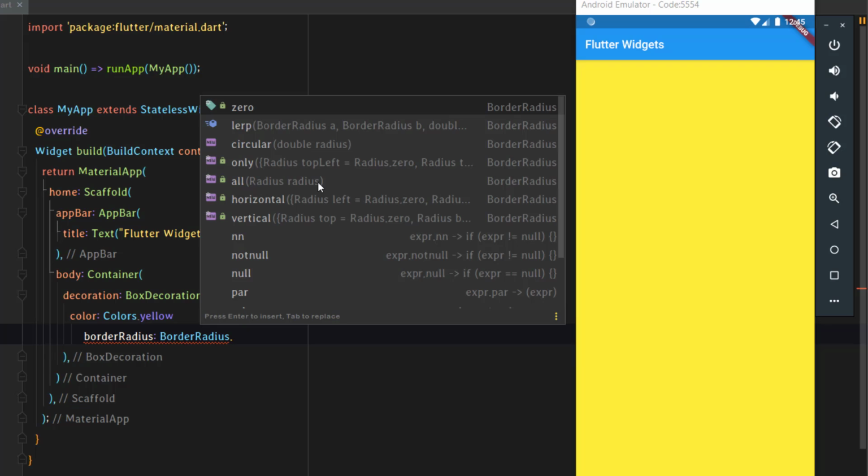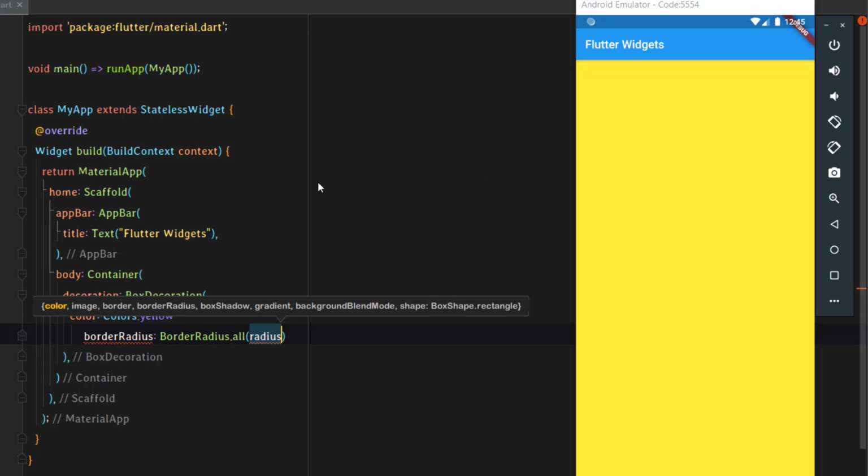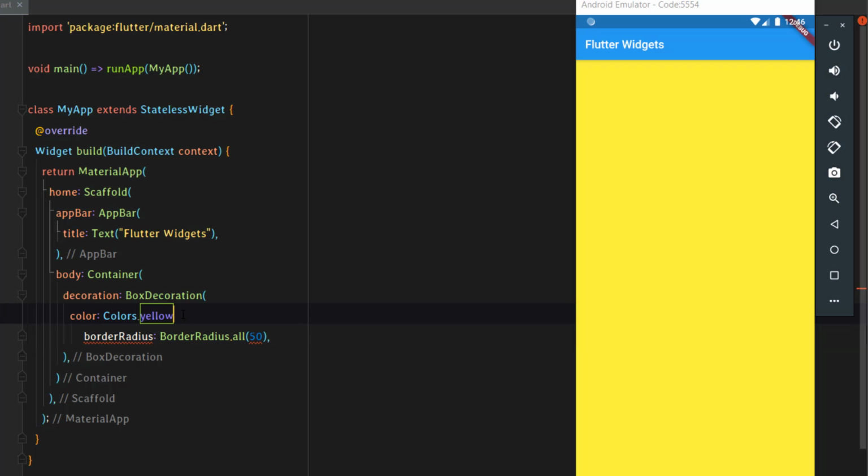We'll go with this all, where we can add the radius for all the borders, or the corners, at once. We'll add maybe 50, and we add the comma here, and make sure to add a comma even after this color parameter.